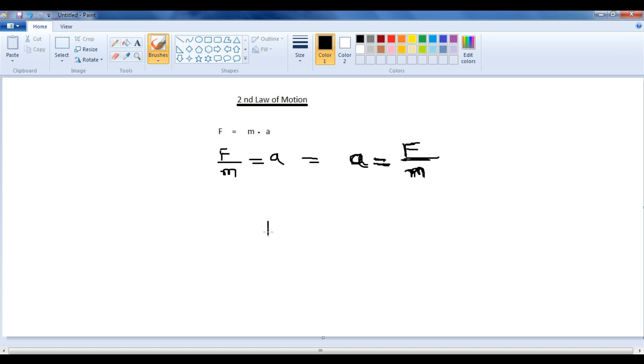Now let us take you have an object. Then you are applying some force in this direction so that it should move in this direction, right? If you are pushing from this side, it will start moving in this direction, correct or not? Let us take somebody else is pulling in this direction. That means somebody is applying a force in this direction. Then you should tell me in which direction the object starts moving.